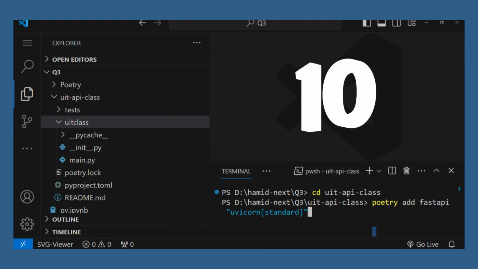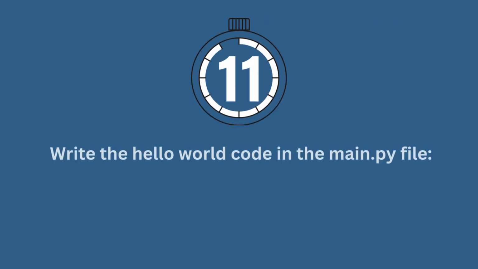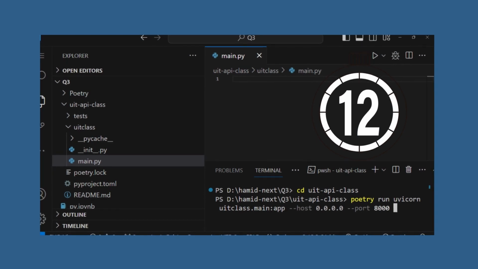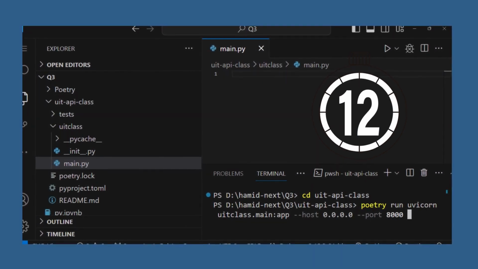Step 10a. Optional, check the packages inside of the pyproject.toml. Step 11. Write the hello world code in the main.py file. Step 12. Run the server: poetry run uvicorn uitclass.main:app --host